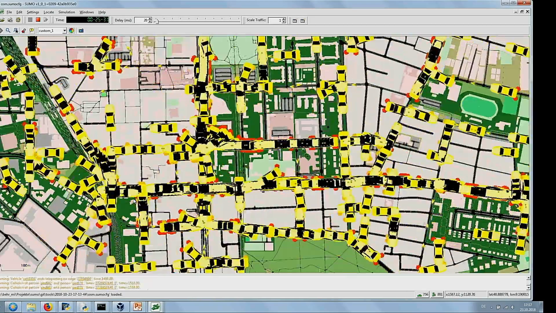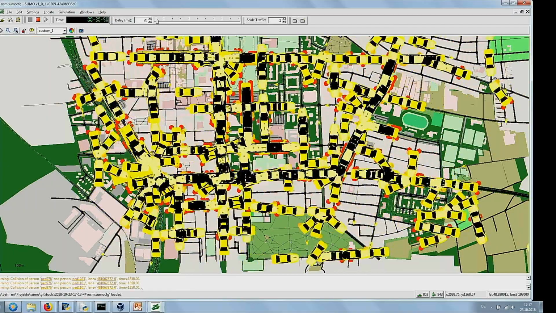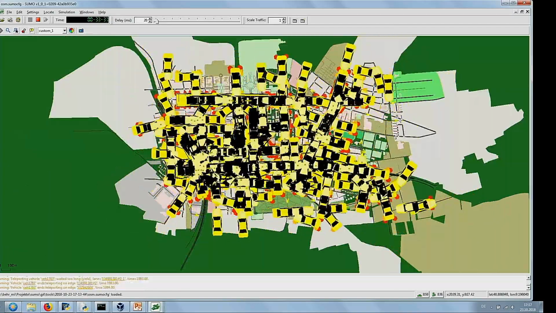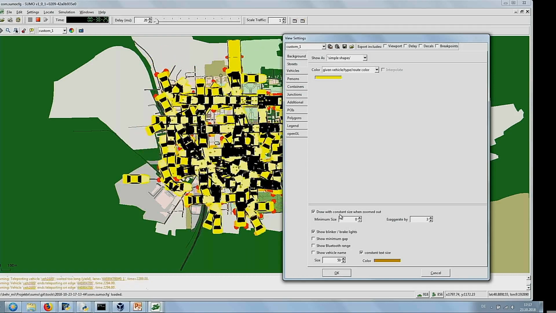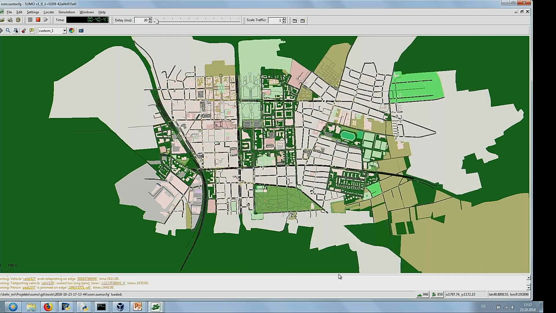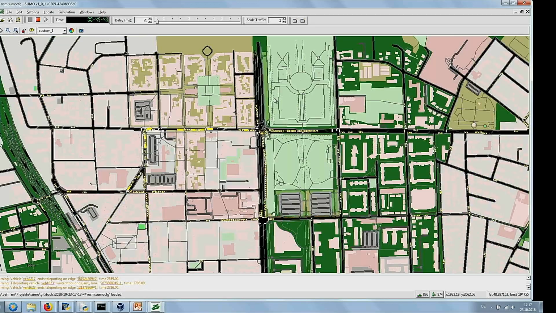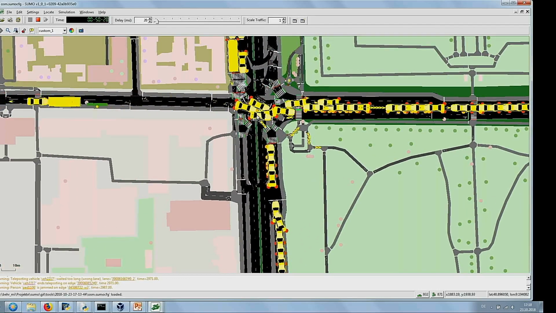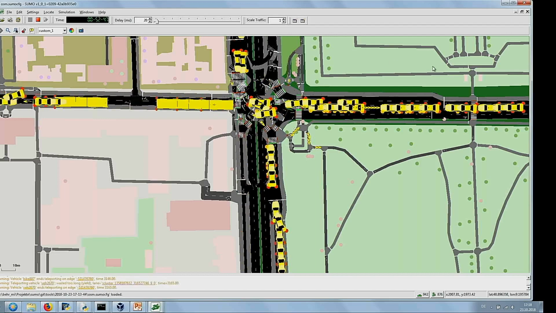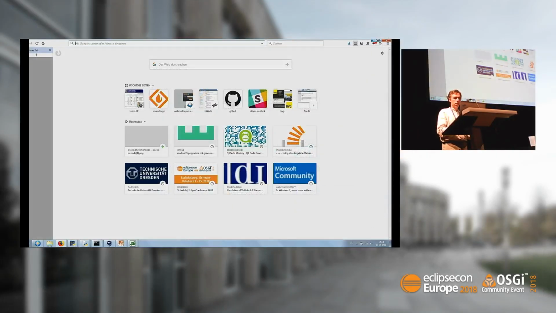So now all vehicles are a little bit bigger. But you also see it gets crowded. So maybe we already added too much traffic in here. But there may be other problems too. I mean, if you want to optimize your mobility, you don't want things like that. You don't want junctions where you have more traffic lights than streets, let's say. So there is tooling around already in SUMO, which helps you here. But first, maybe we just focus on the obvious errors, which are